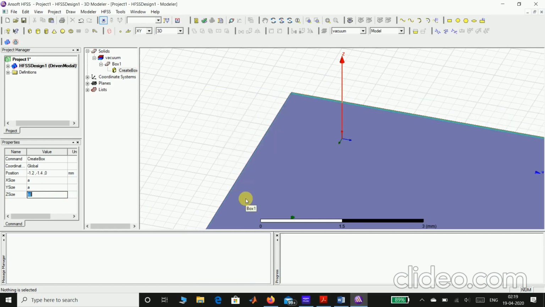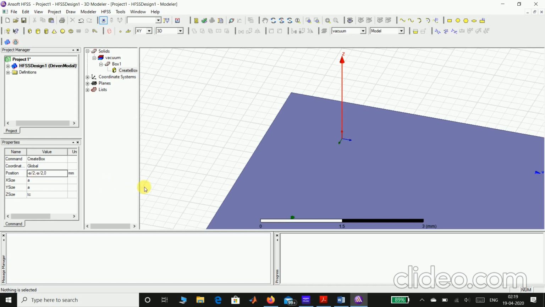Okay, now the position. Position is with respect to the X, Y, and Z axis. We basically choose a single point. Suppose we are choosing this point, so the length is A. If we are going towards the left, let me consider this as the starting point. So I'll start with minus A by 2 comma minus A by 2 comma, and for the Z axis I'm taking 0.